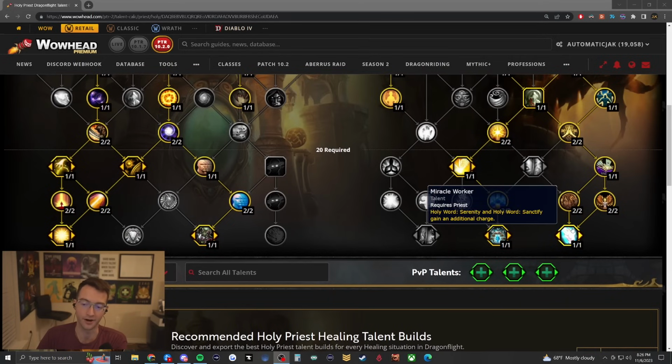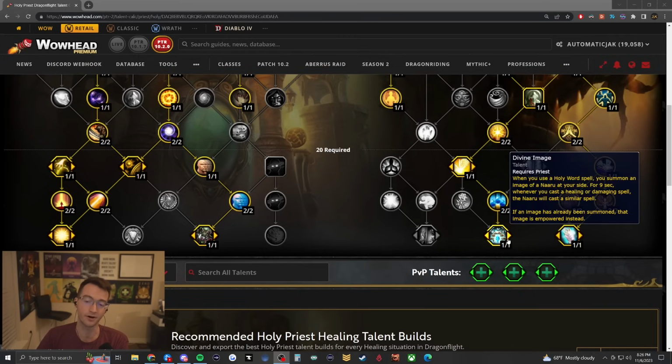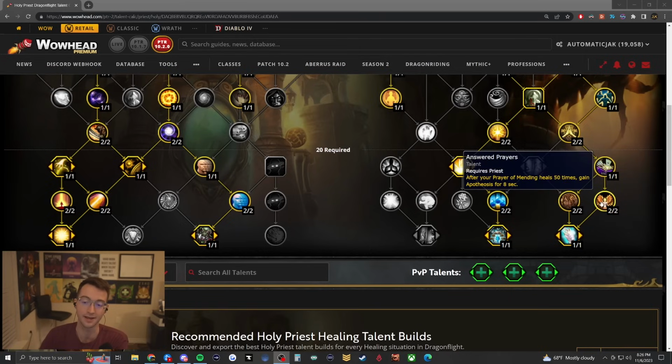And we're going to be working off of Miracle Worker just as we had previously, because not only does it have good synergy with our tier set, but also with Divine Image, which also ties really well into the tier set, which gives us lots of extra holy words on hand. So you're able to constantly be casting holy words, constantly being able to generate new ones with talents like Answered Prayers,